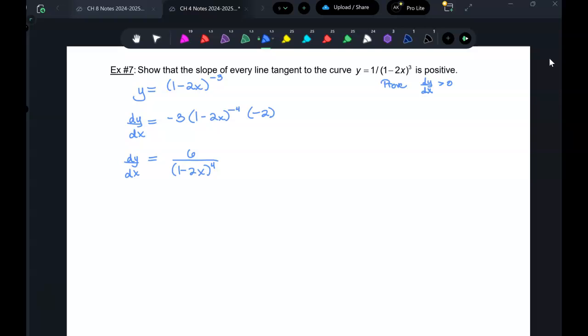Is the numerator greater than 0? Okay, so since 6 is greater than 0, and, well, what happens when you have an even power? Okay, so no matter what, it's going to be positive. Then